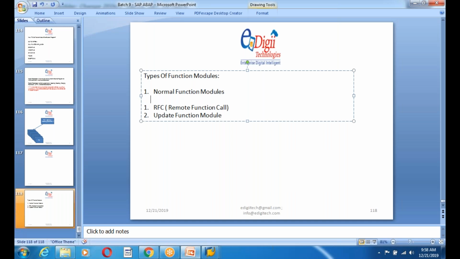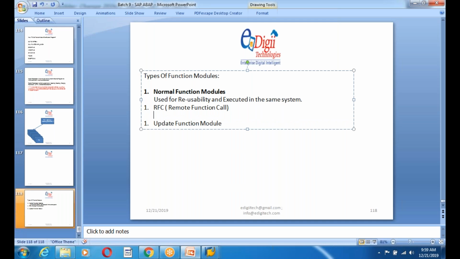Normal function modules are used for reusability and executed in the same system. Executed in the same system, guys. So normal function modules are used for reusability and executed in the same system. That means if I create it in the development system, it will execute in development. If I create it in quality, it executes in the same system. But RFC, remote enabled function calls,